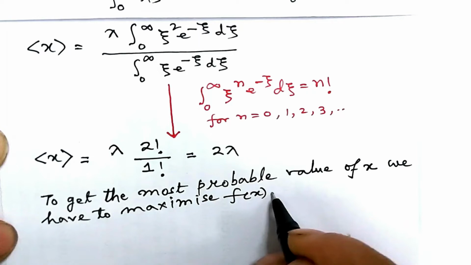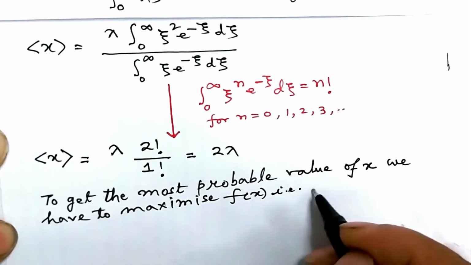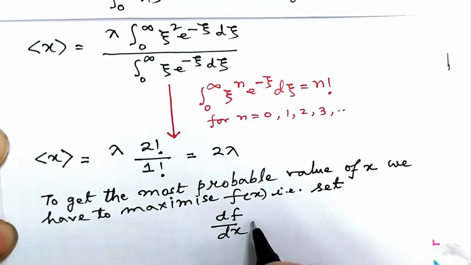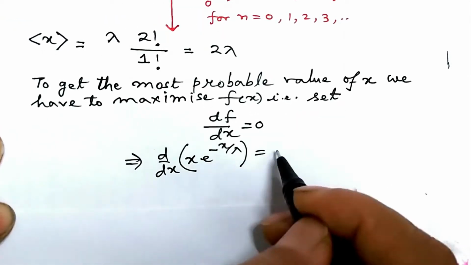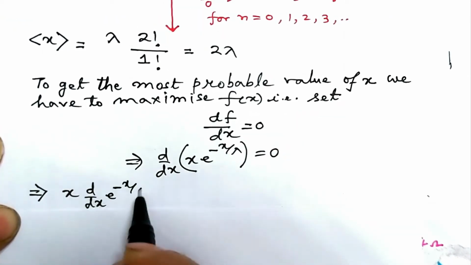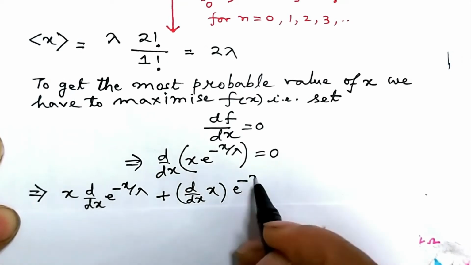What are the conditions of maxima of a function? The first derivative should be 0. This is one condition. Let us check it now. Keeping in mind that if first derivative is 0, f of x can be either a maximum or a minimum too. So set df dx equal to 0. Put f of x and split into two terms, which gives